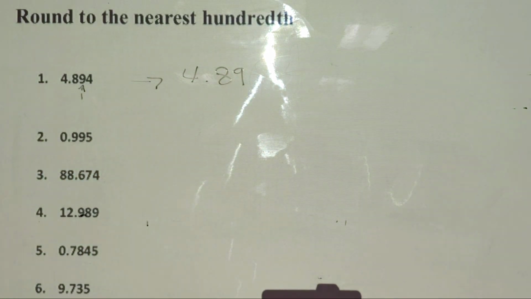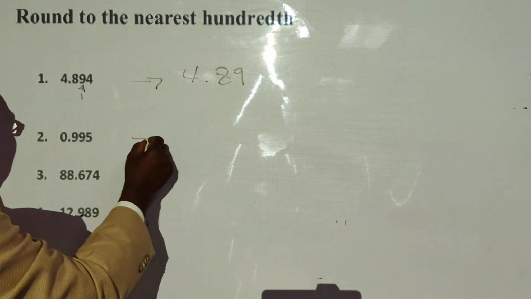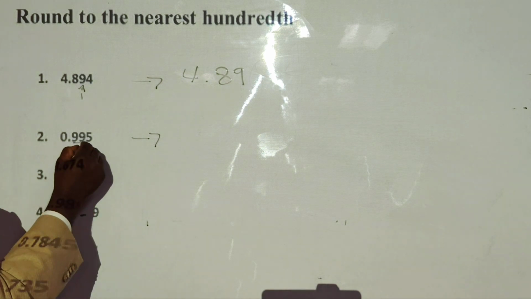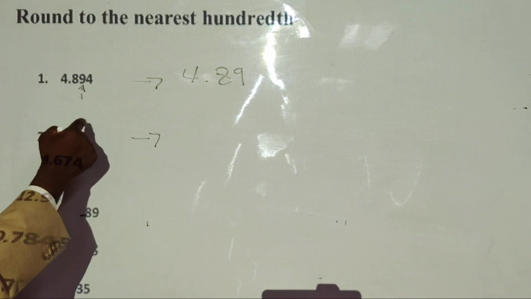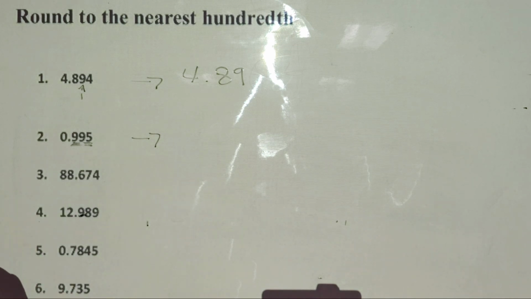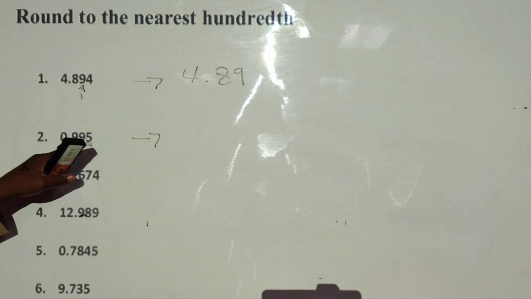All right? Then let's look at this thing right here. You got 0.9995. So this right here, my hundredth place is the second 9. The number after that is 5. So we're gonna bring it up to 0.99